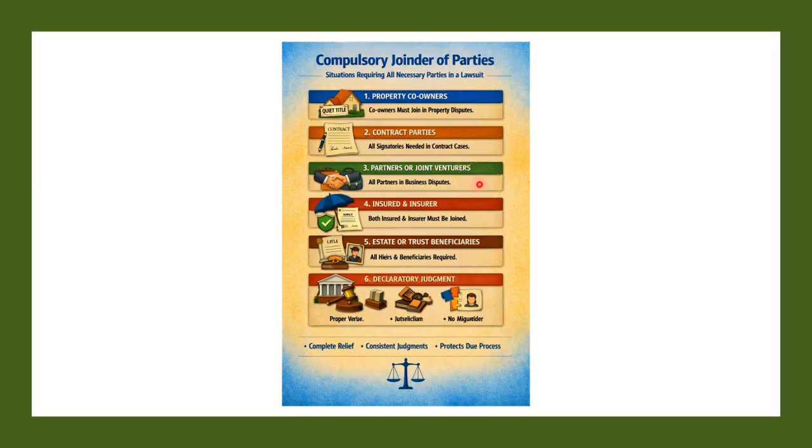Partnerships and joint ventures, all partners in this business dispute need to be included. And insured and insurer, both insured and insurer must be joined. And the estate or trust beneficiaries, all beneficiaries and heirs would need to be included. A declaratory judgment is